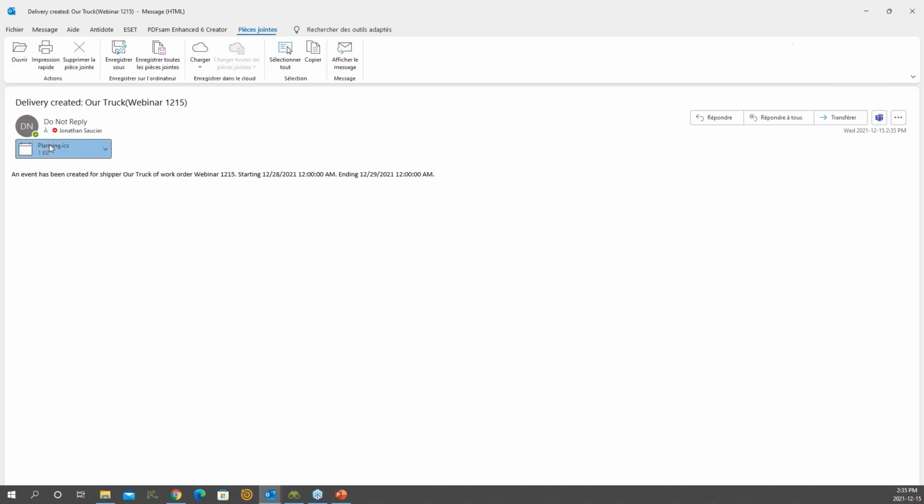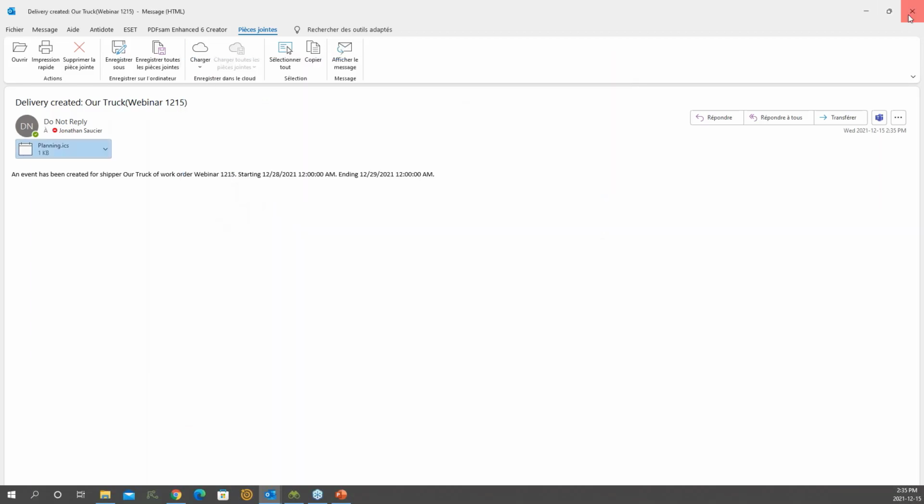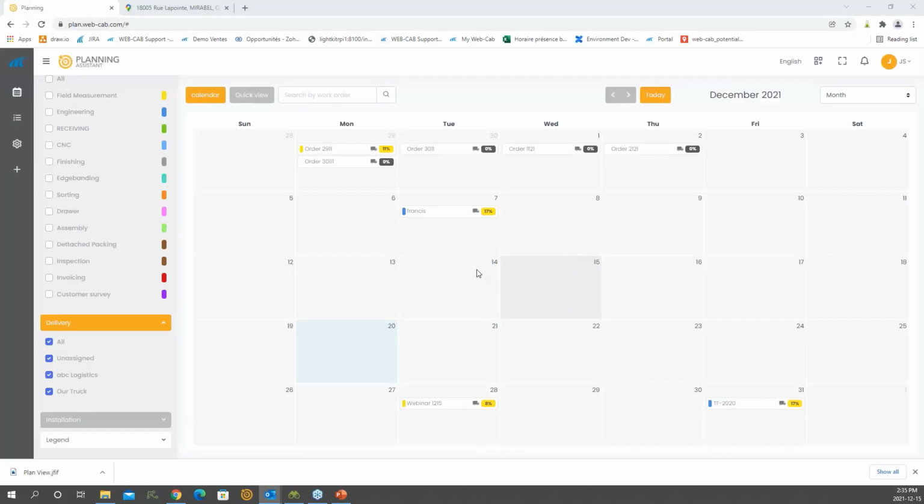So they can receive a calendar event that they can place directly in their own calendar and know that they have that job to do,